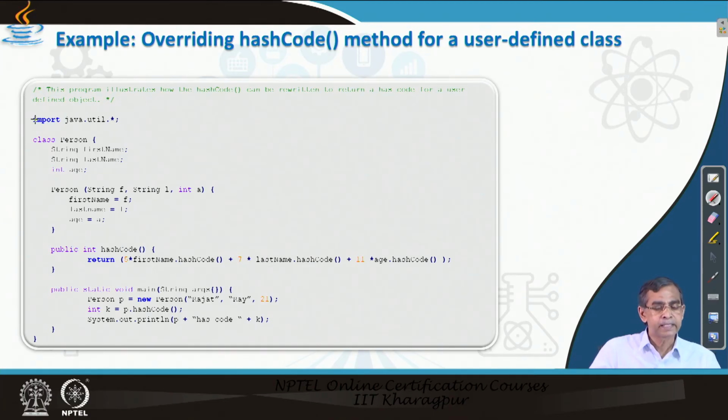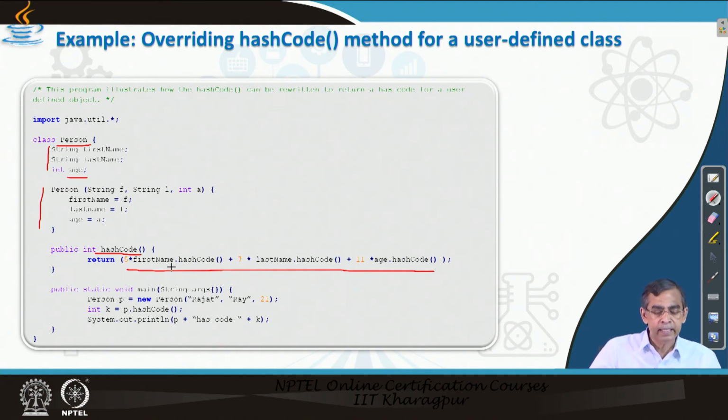This program declares a class. The name of the class is Person. It has three fields: first name, last name and age, and here is a constructor of this class to initialize objects, and here we are overriding hashCode. How we override it is up to the programmer's ability.